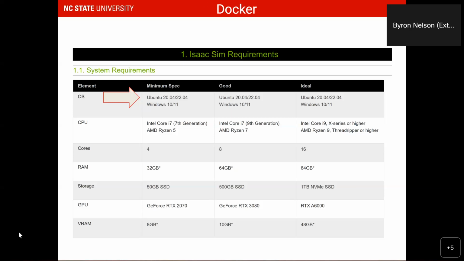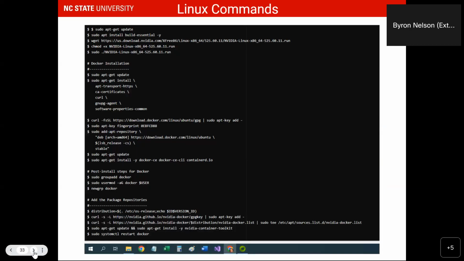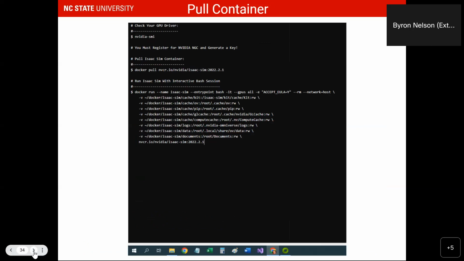But the next couple of slides highlight the commands that you would type in if it was a Linux system. So at the bottom, you can see where it links to the GitHub repositories for headless mode. And then on the next slide, you can see the command to check your GPU and pull the container